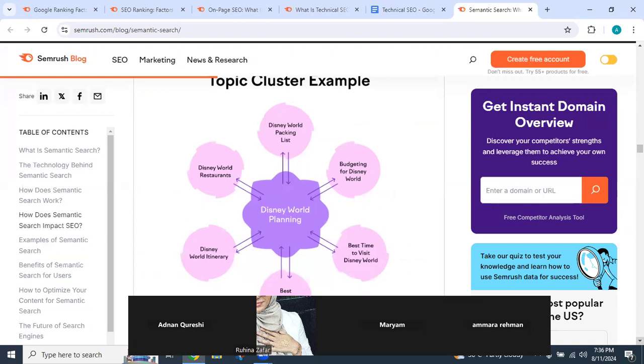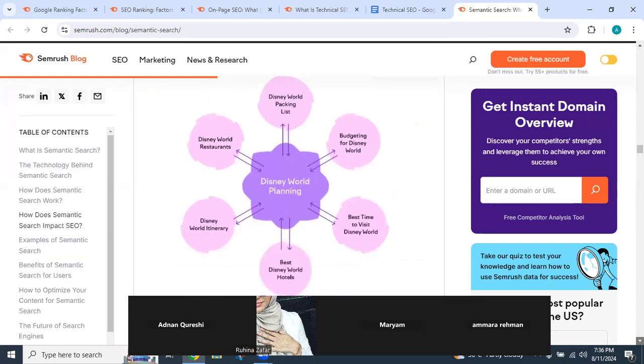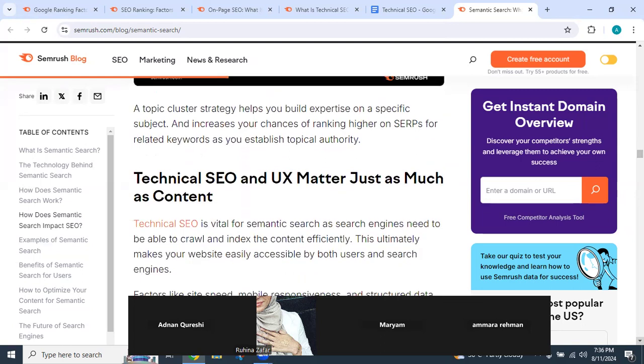ये टॉपिक क्लस्टर का एक एग्जांपल है, ये हम पहले भी पढ़ चुके हैं, ठीक है ना। टेक्निकल एसईओ एंड यूएक्स मैटर जस्ट एज मच एज कंटेंट। यानी टेक्निकल एसईओ और यूएक्स, यूजर एक्सपीरियंस, दे आर एज इम्पोर्टेंट एज कंटेंट क्वालिटी।